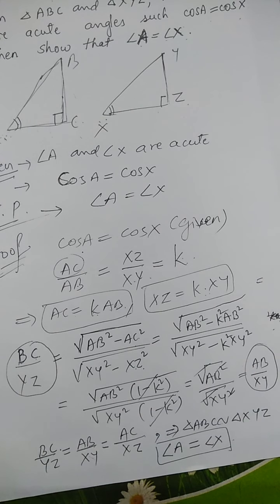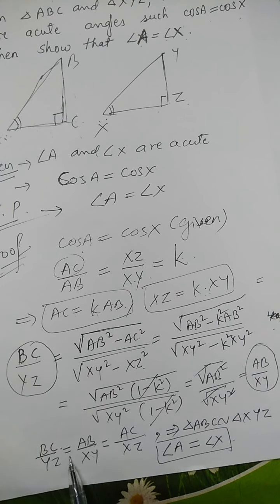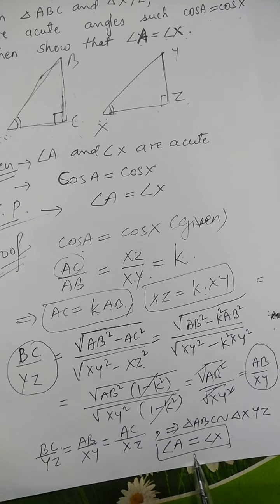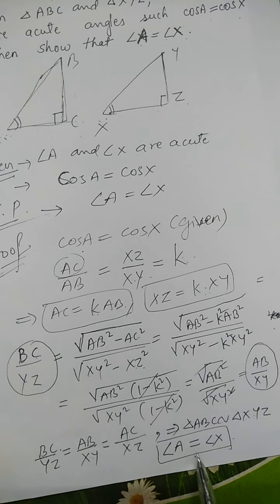You learned the property that when two triangles are similar, the ratios of their corresponding sides are equal and corresponding angles are also equal. Or you can say corresponding sides are in proportion and corresponding angles are equal. If you remember this, then you can understand this last step. See, corresponding sides are in proportion, the equal to sign is there. They are in proportion, so triangles are similar. That's why corresponding angles are also equal.